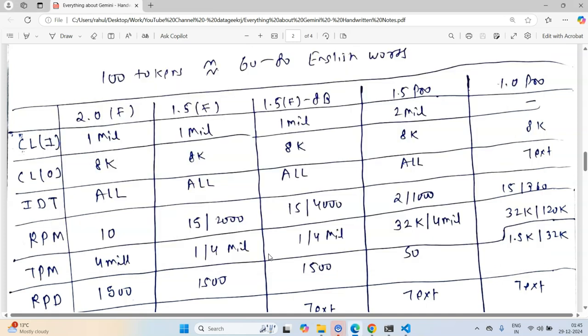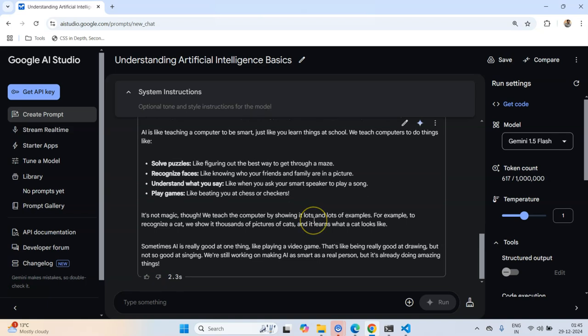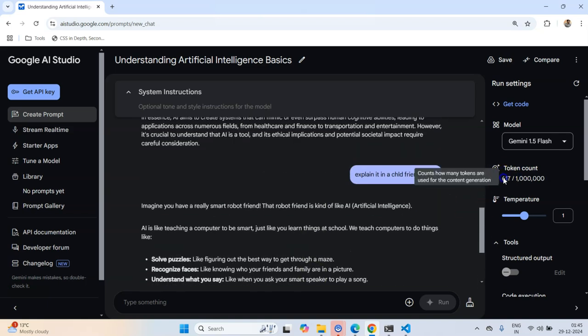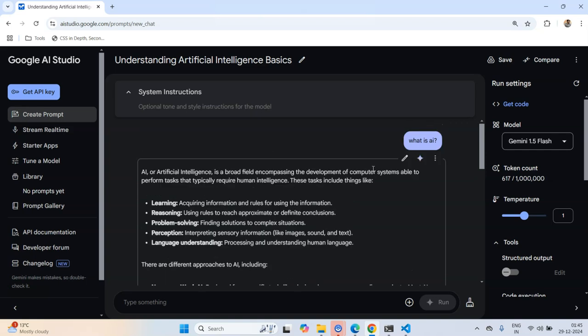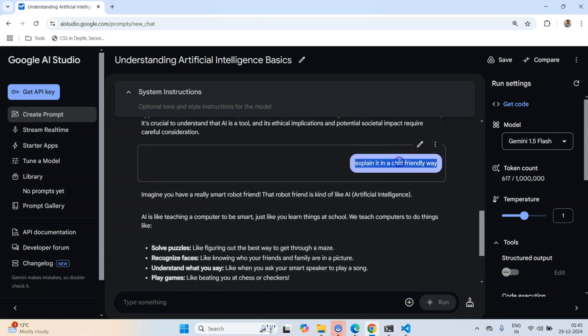Okay, now let me go back to the interface once again. On the right you see it says I have used 12 tokens out of 1 million. Now, you might be thinking that I have consumed only about 8 to 9 tokens here.